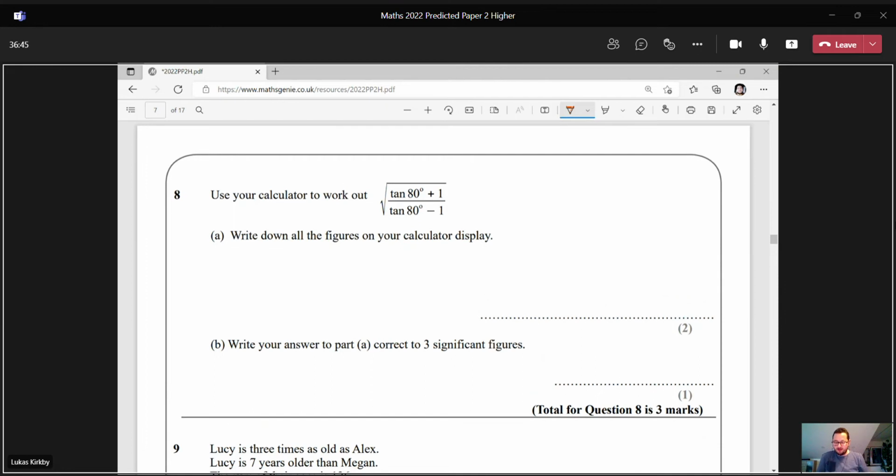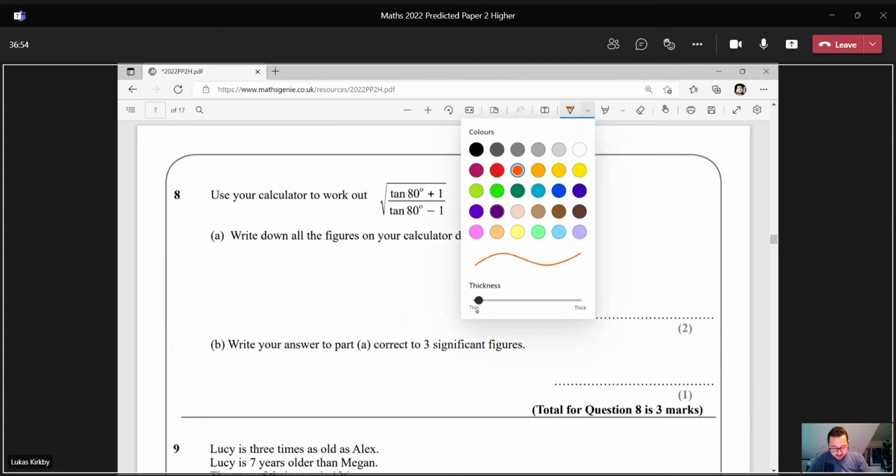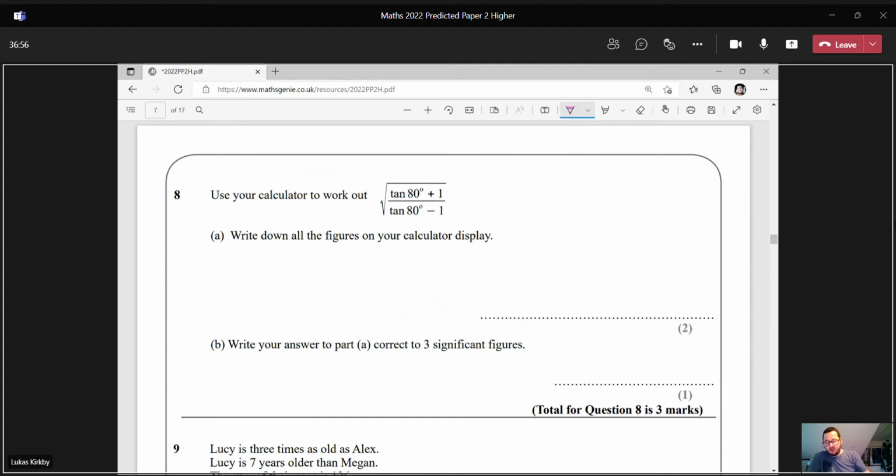So number 8, use your calculator to work out the square root of tan 80 plus 1 over tan 80 minus 1. Write down all the figures on your calculator display. Alright then, so it's just going to start off with my square root, then I'm going to press the fraction symbol, and then it's going to be tan of 80 plus 1. Make sure my 80 is separate to the 1, and then over tan of 80 minus 1, press enter, and the answer I'm getting, we want to write down all the figures, so that's going to be